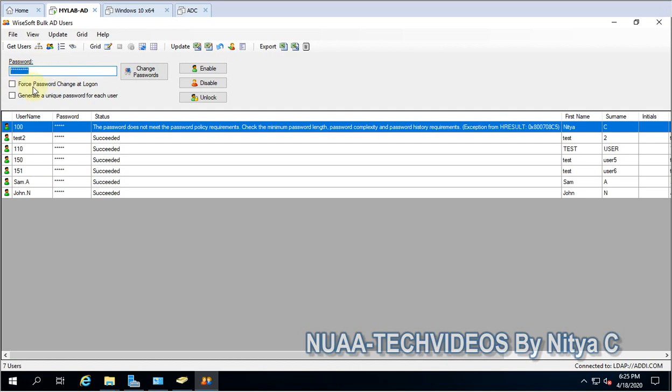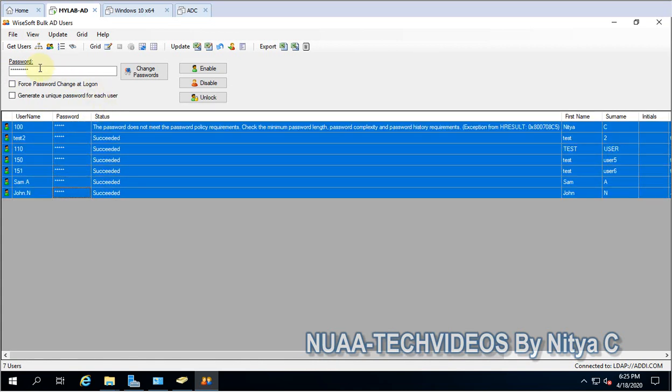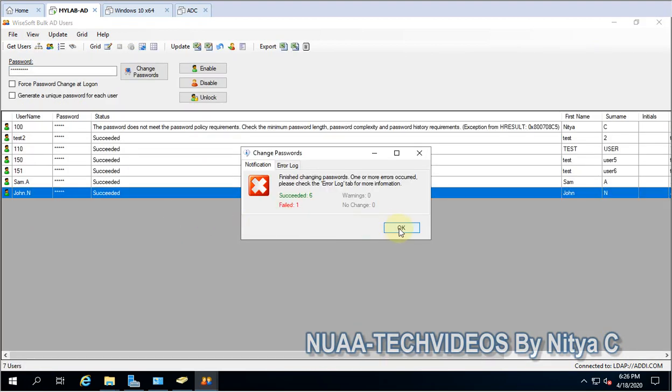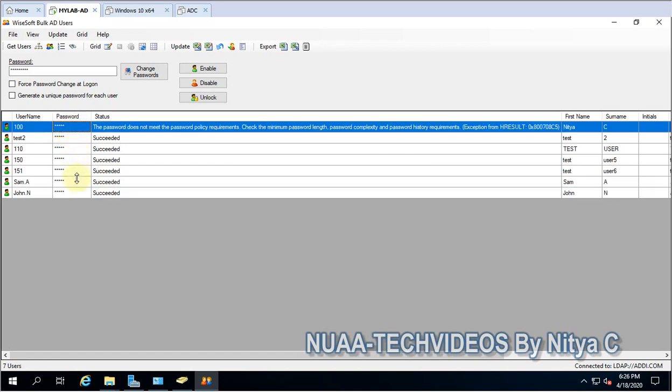I will give any password, and as per your desire you can opt for the password. You can also mark force password change at logon, then simply execute it, and the script will be executed and the password you have defined is set. So this way you can do it.